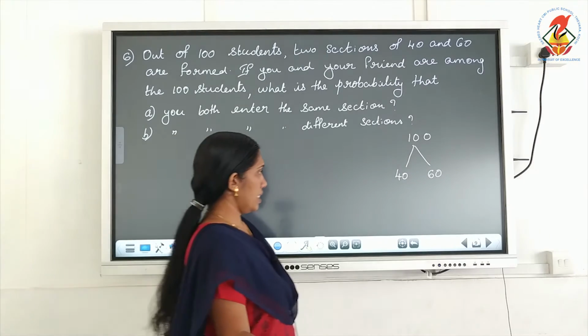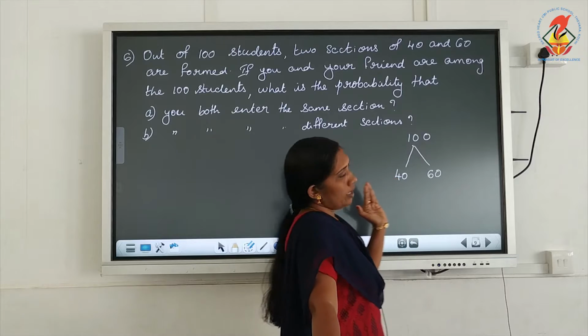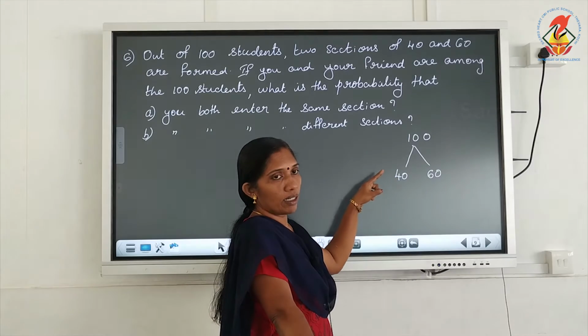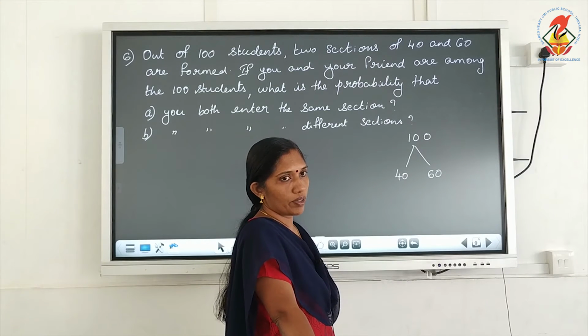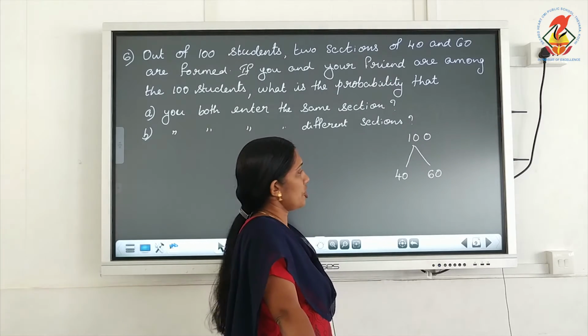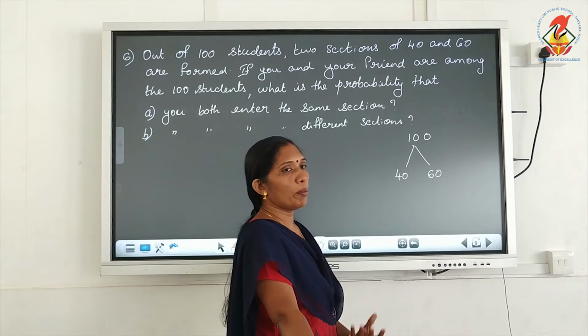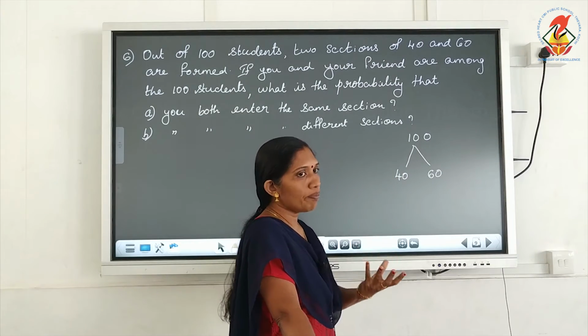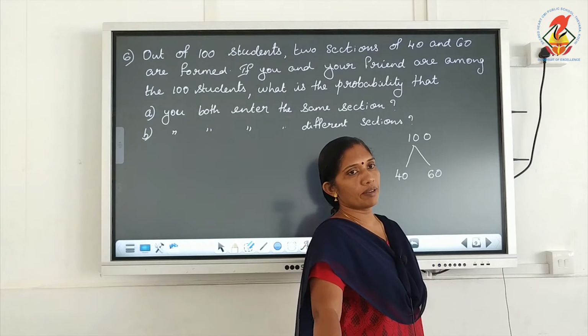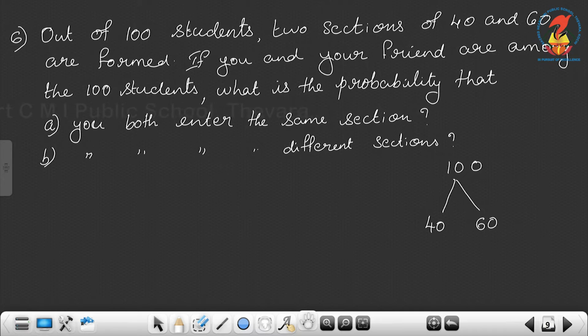You and your friend. Suppose you both enter the first section. Then there are 40 students in that class. Okay. So you and your friend enter the same section, that is you two among the 40 students. So what is the probability that from the 40 selecting two students? So how to write that? So the required probability is,